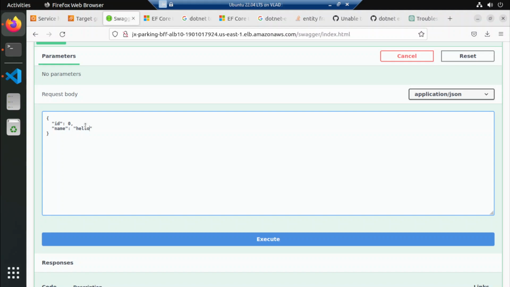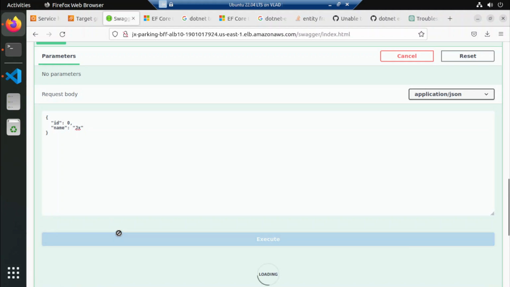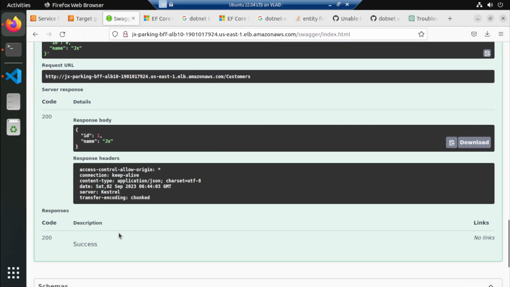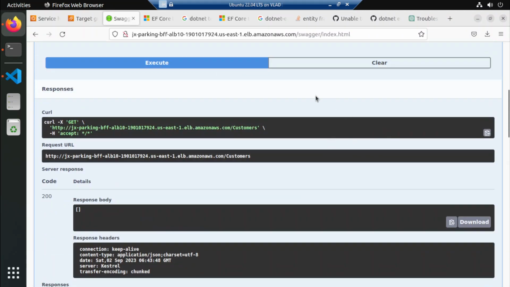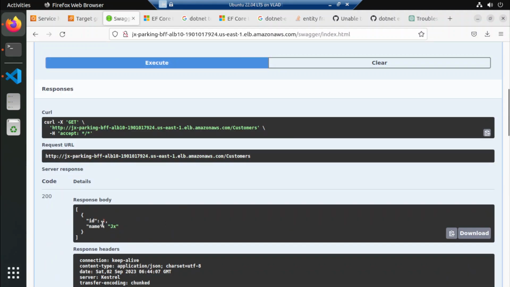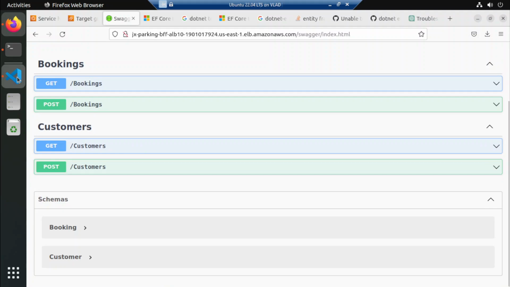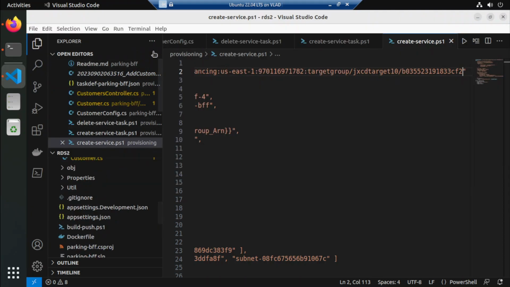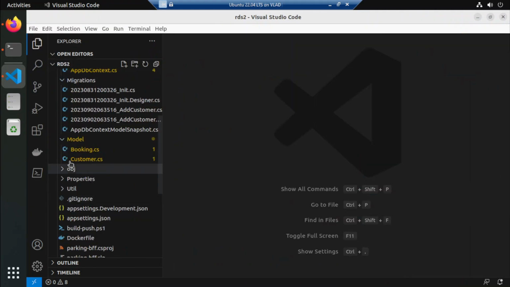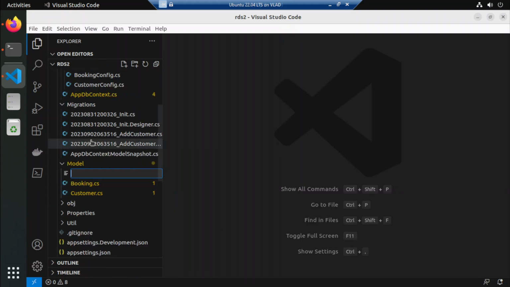Hello. JX. It will create a customer, and then when we pull, we have the customer here, right? So that's it. Again, if we create a new one, so this will be